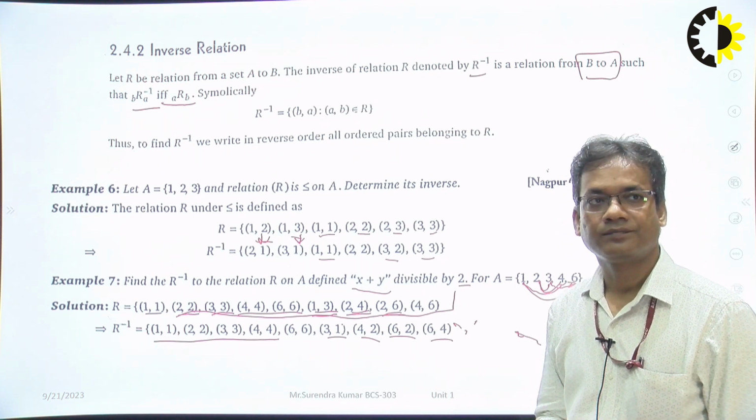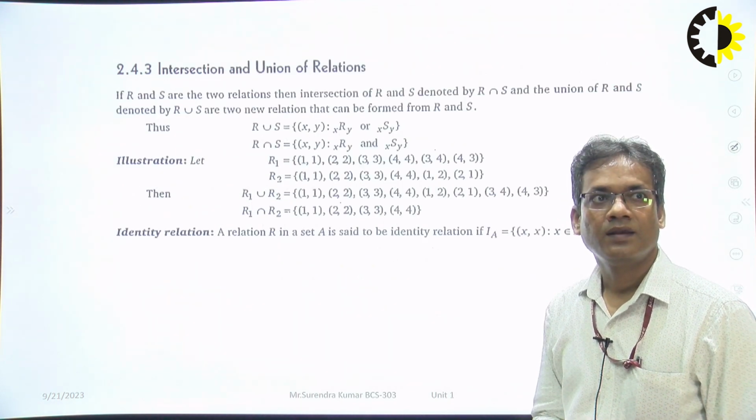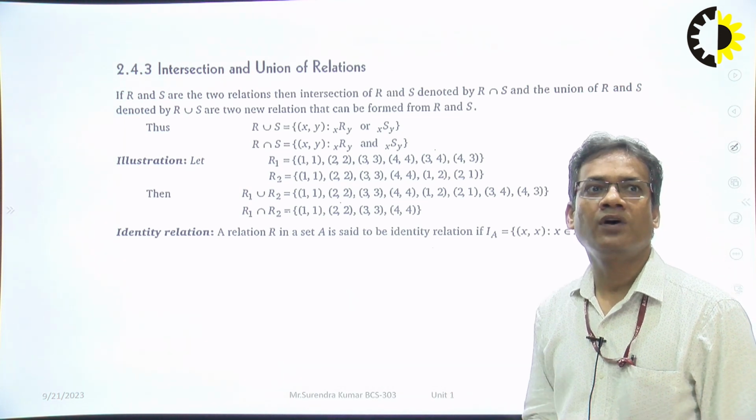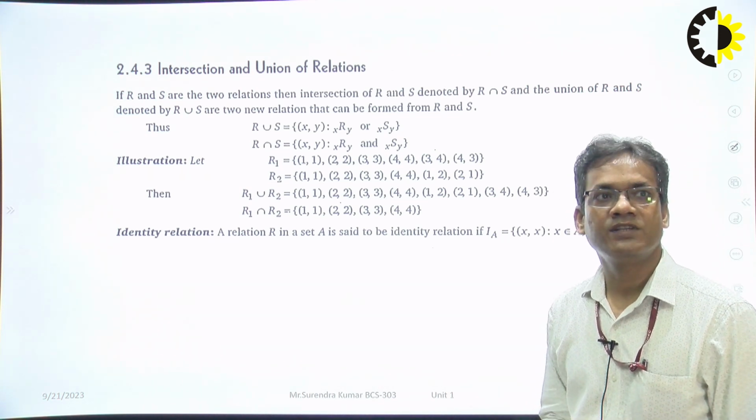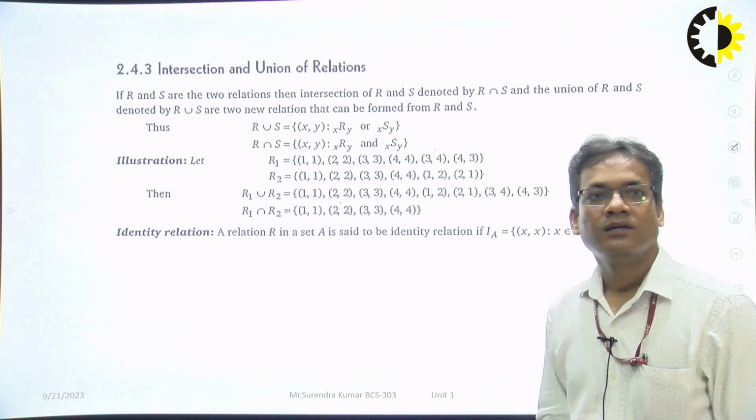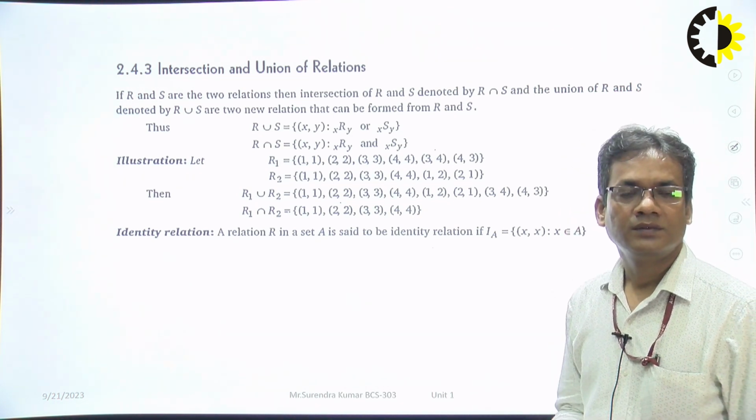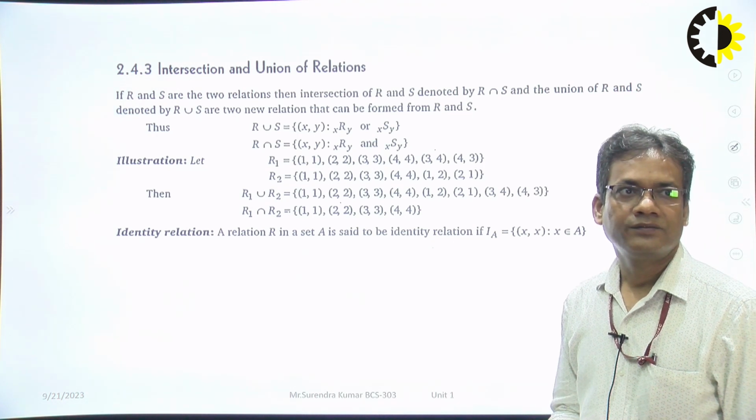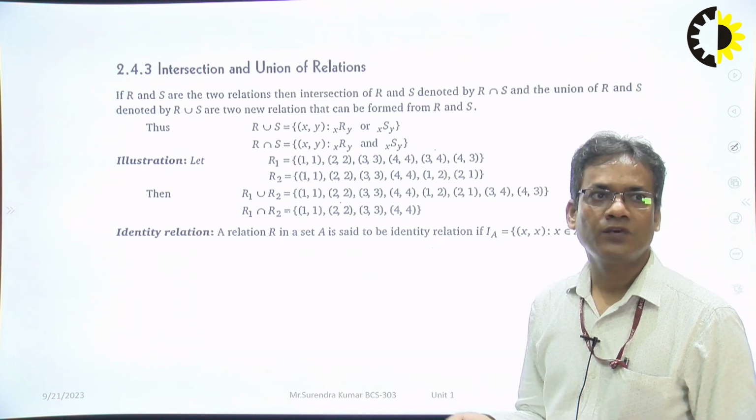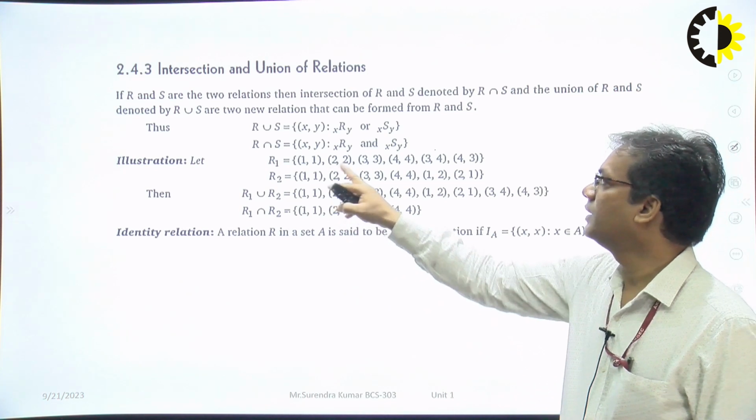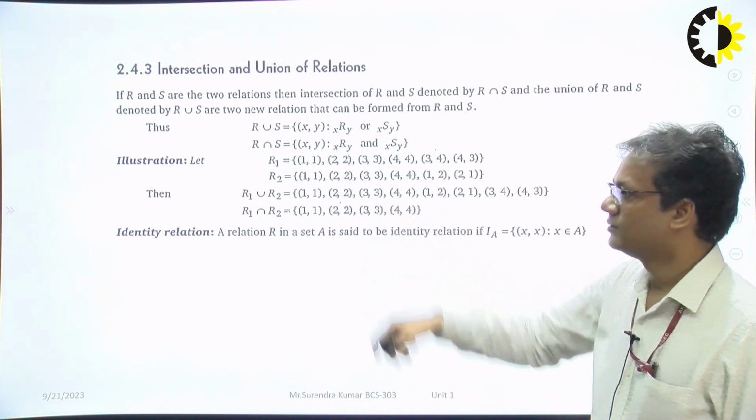Now intersection and union of relations will work as we generally use in normal intersection and union operations. For example, if you have relation R1 which contains,